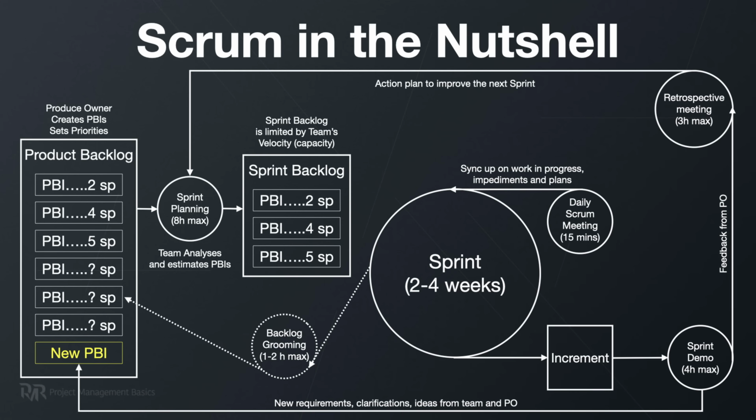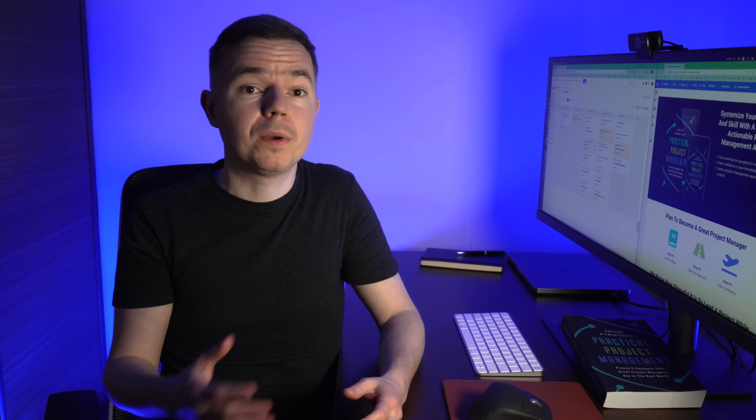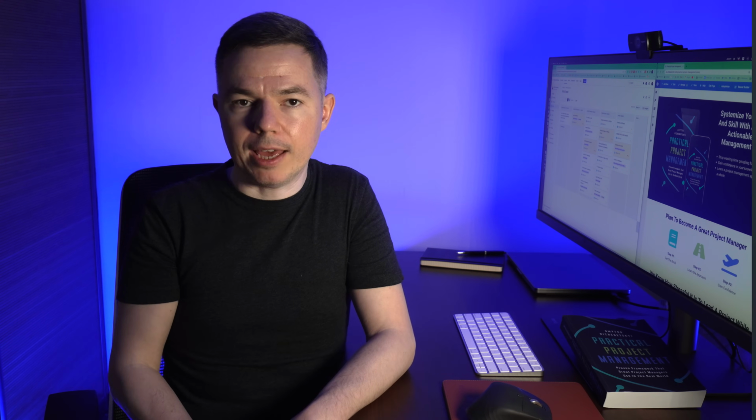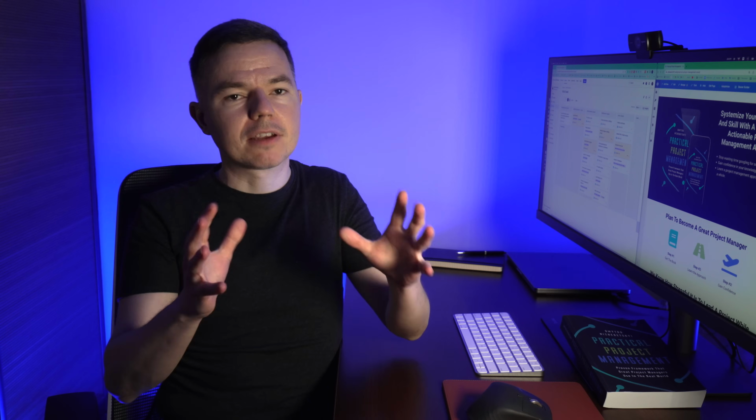On the other hand, if you work in a purely agile environment, your project starts with Sprint Zero or some grooming session with the product owner. In this case, you should rapidly create user stories in the backlog with just titles. Then later you can organize them into epics. In any case, after that you'll have a sprint planning session where you will fill out all the user story details.